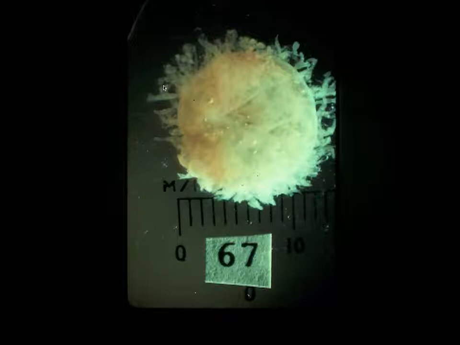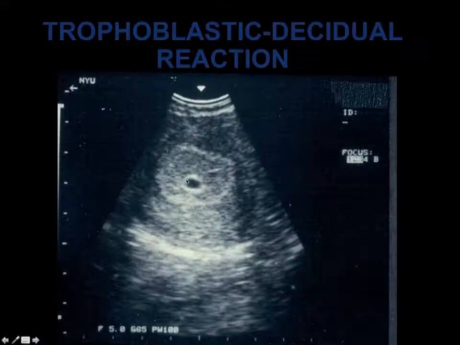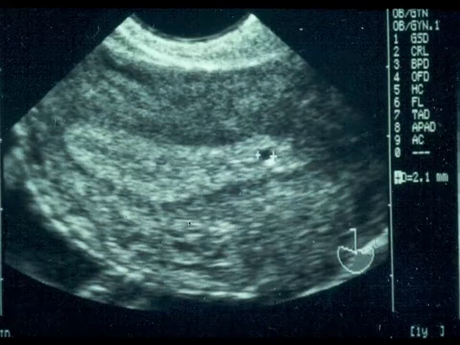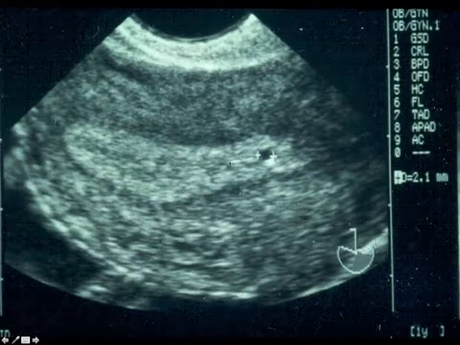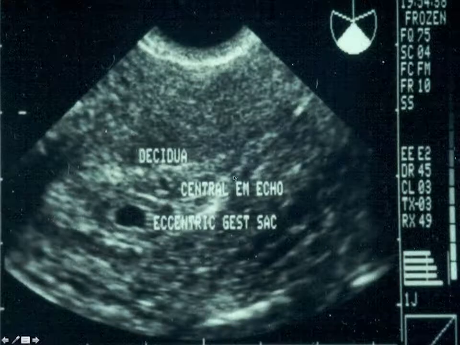But initially, these primary villi invade mom's decidua, and they produce this trophoblastic decidual reaction around the sonolucent center within the decidualized endometrium within the uterus. And this is what constitutes a gestational sac. Now, we talk about it being eccentric. Well, sure, here's the midline echo. Here's a tiny sac burrowing in anteriorly. Here's the midline echo, and here's a sac burrowing in posteriorly.